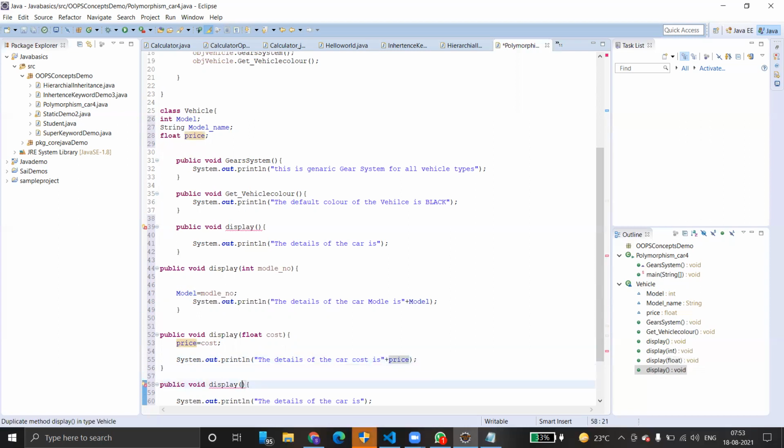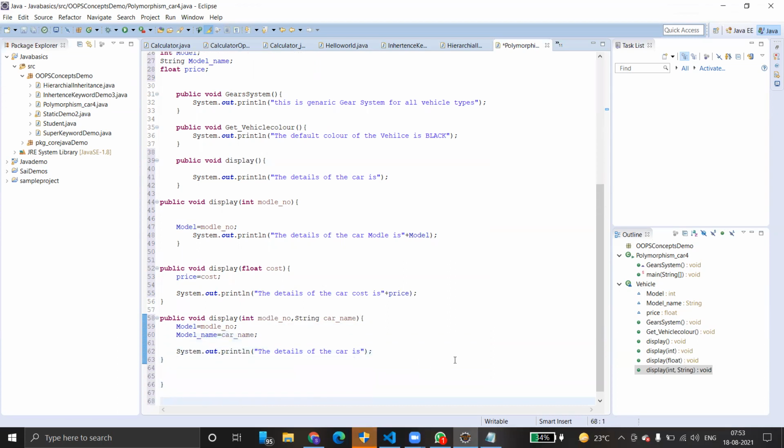Enter model number, comma, string car name. Here model equals model underscore number, and model underscore name equals car underscore name, right?